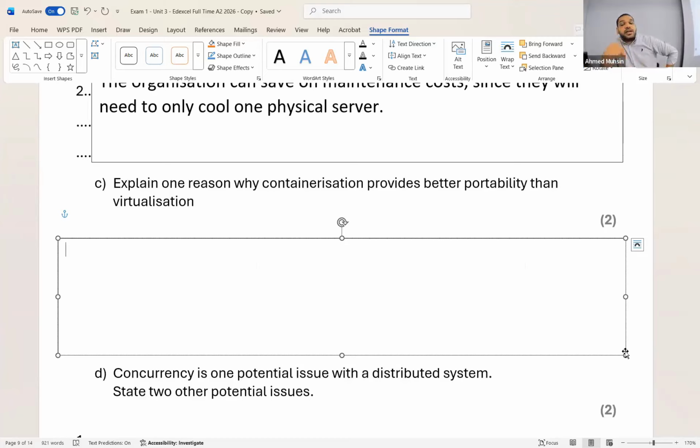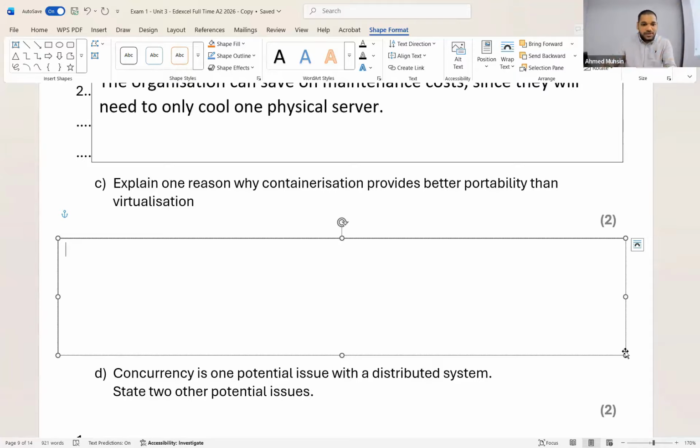Virtualization, because every virtual machine has its own OS. Every virtual machine has its own operating system. Operating system files alone will take up a huge amount of space. So then moving it from one device to another is going to be quite difficult. In containerization, does every application have its own operating system? Answer is no. In containerization, what do we have? The application along with all its dependencies. Everything it requires to run on a specific computing environment.